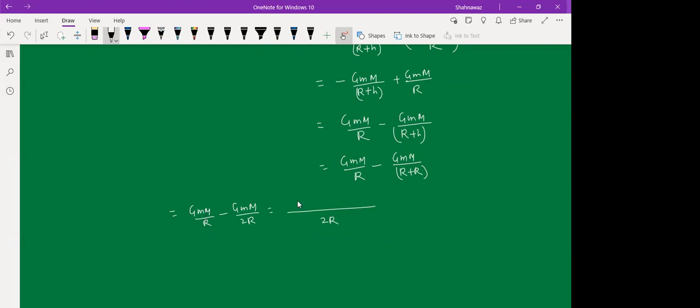So 2 will come here, minus 2R divided, so you have 1. So 2GMm, 1GMm, then you have only 1GMm divided by 2R. So this is your what? GMm by